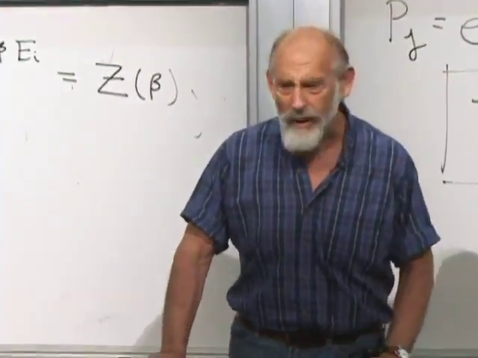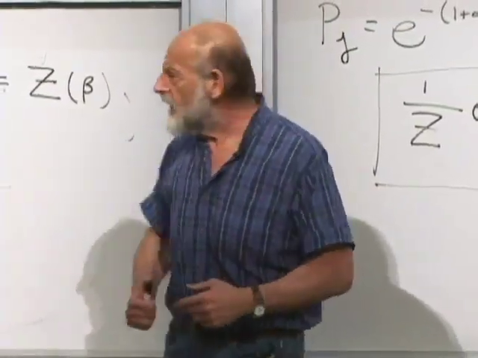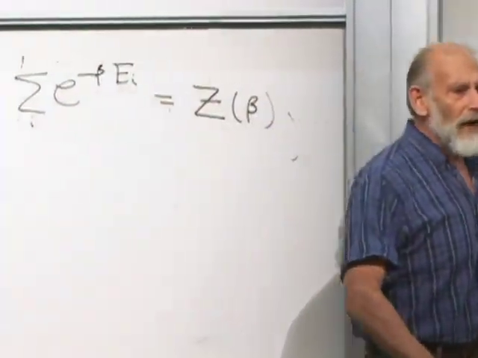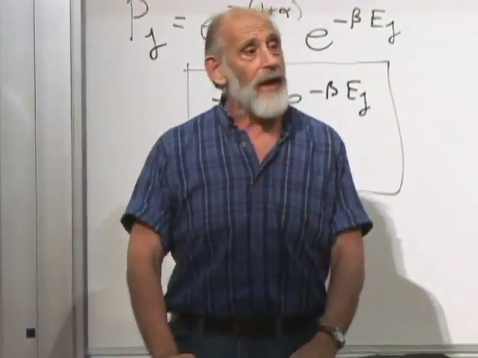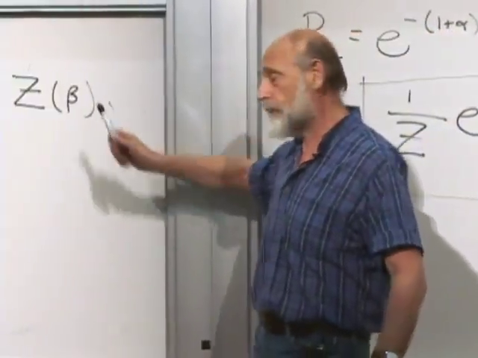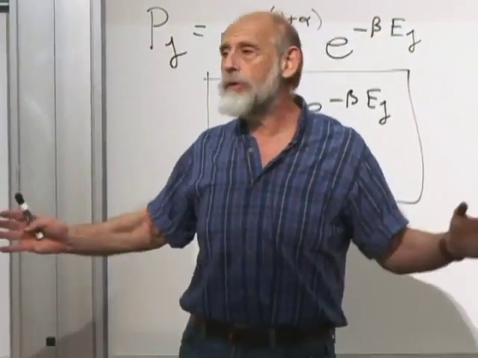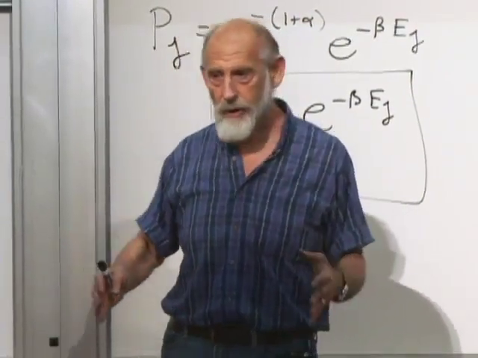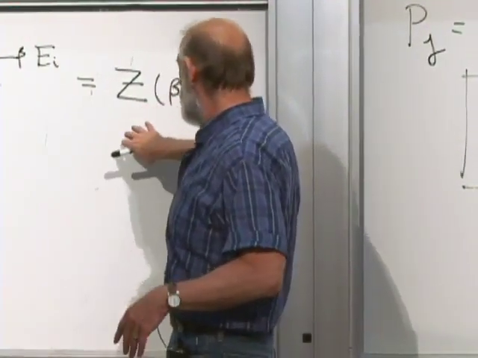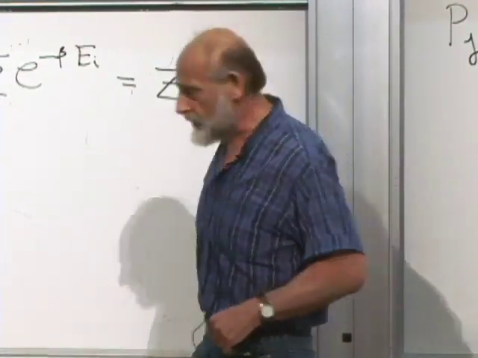Knowing that doesn't seem like very much, the partition function. It's one little piece, who cares what the partition function is? It's just a normalization factor that makes sure your total probabilities add up to 1. Well, in fact, as we will see as we go along, if you know the partition function, you know everything. The partition function, as a function of the variables of the problem, is a way of codifying or representing all of the thermodynamic information, and even beyond the thermodynamic, all the statistical information in your system. So this is not only an important function, it contains everything. We'll see why. I don't expect you to see why yet.